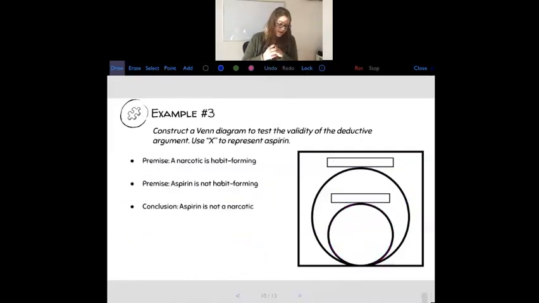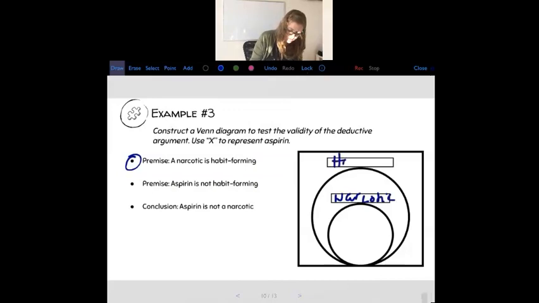Next example, we're using X to represent aspirin. So we have: a narcotic is habit forming, aspirin is not habit forming, therefore aspirin is not a narcotic. So again, premise 1 allows us to construct the Venn diagram. So here we have a narcotic